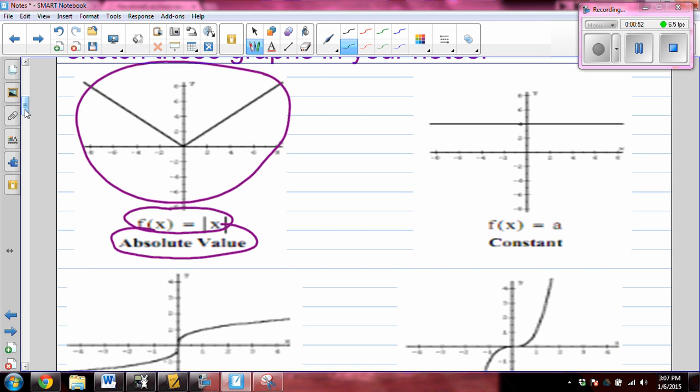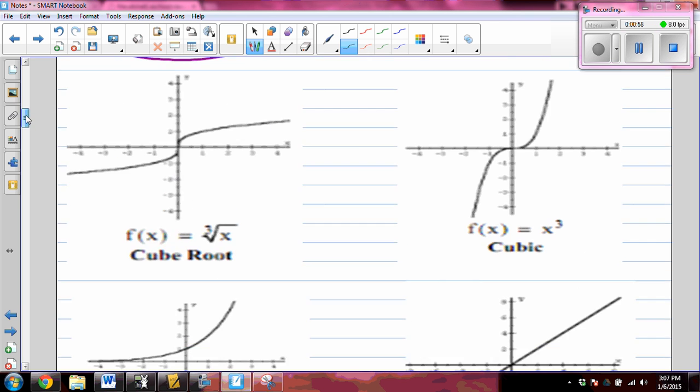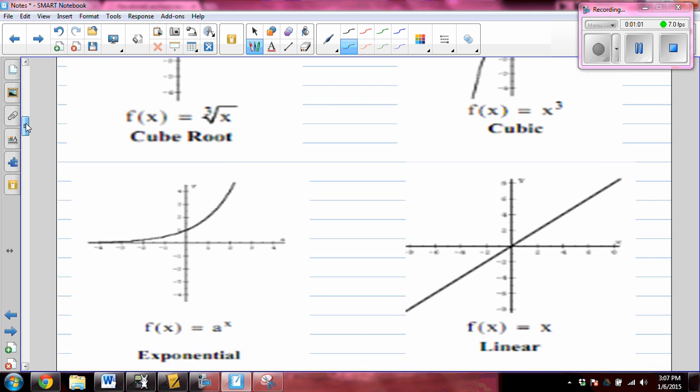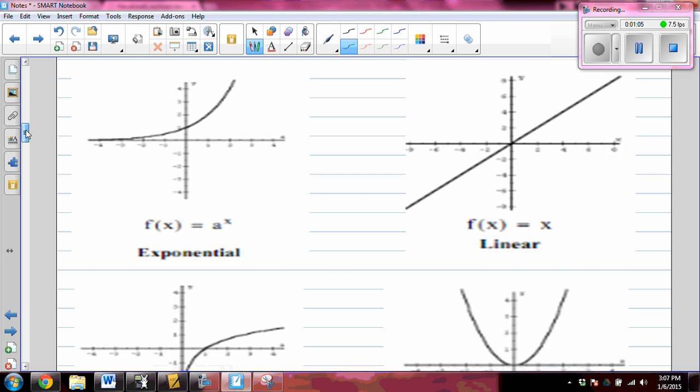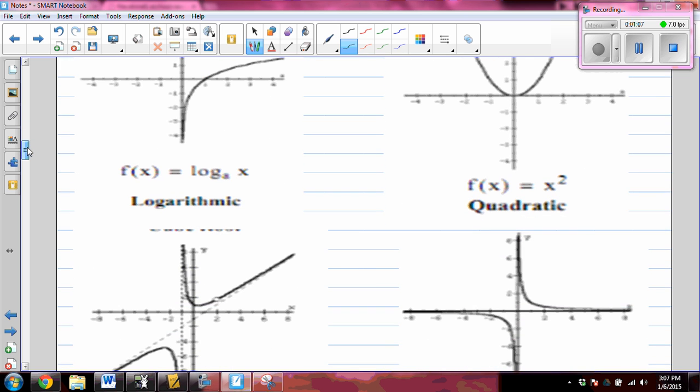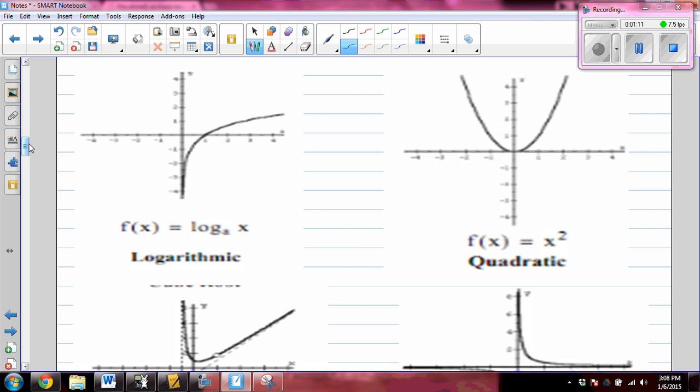We have the absolute value, constant, cube root, cubic, exponential, linear, logarithmic, quadratic,